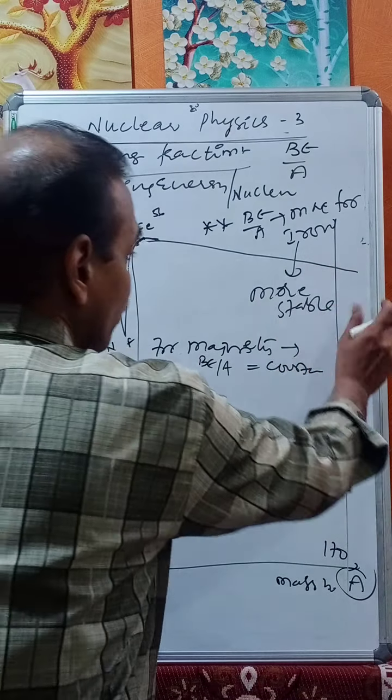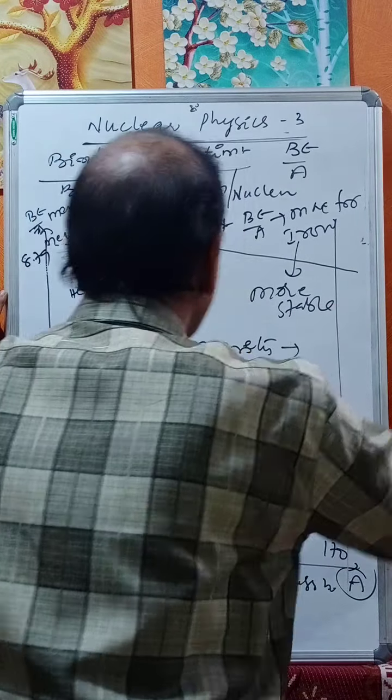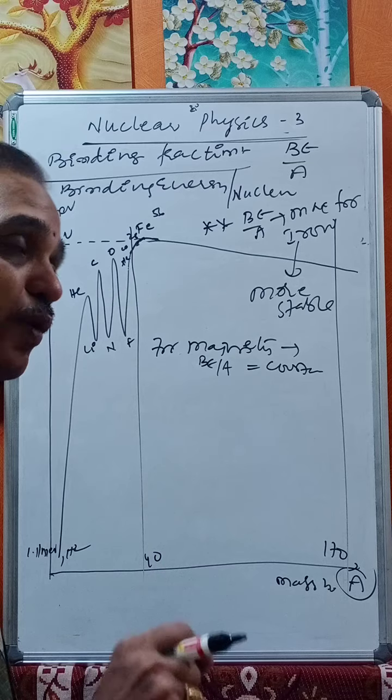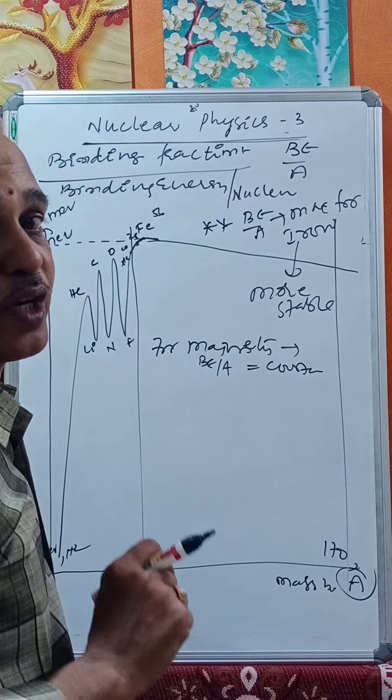So it is dropping as the atomic mass number increases. For lower mass numbers, it is very low. It is low for lighter elements and also heavy elements. For the majority it remains constant. For a stable nucleus, binding energy per nucleon is very large, and these are the inferences from the binding energy curve. So the maximum occurs for iron and the minimum occurs for deuteron.